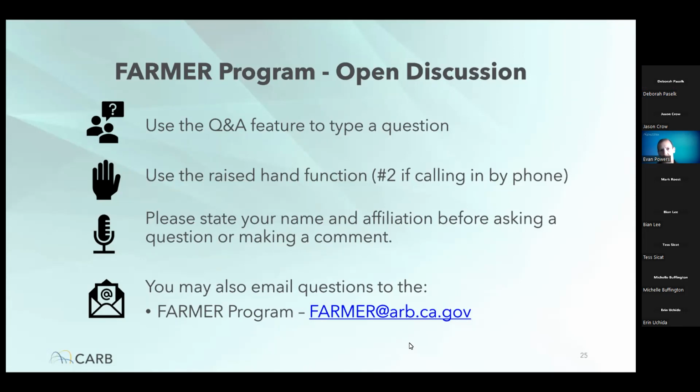Yeah, that's a good question, Mark. I appreciate the question. So the farmer program in general funds ag equipment, so at least the way it's currently structured, any infrastructure would have to be tied to a piece of mobile equipment or a piece of zero emission equipment that would be tied to that electrical infrastructure. Yeah, that would be the idea. The agri-solar providing shade and generating electricity for the ag equipment. Yeah, I mean, if it's tied to a combustion equipment replacement project, I don't see why not. I mean, it boils down to whether a district would want to pursue something like that.